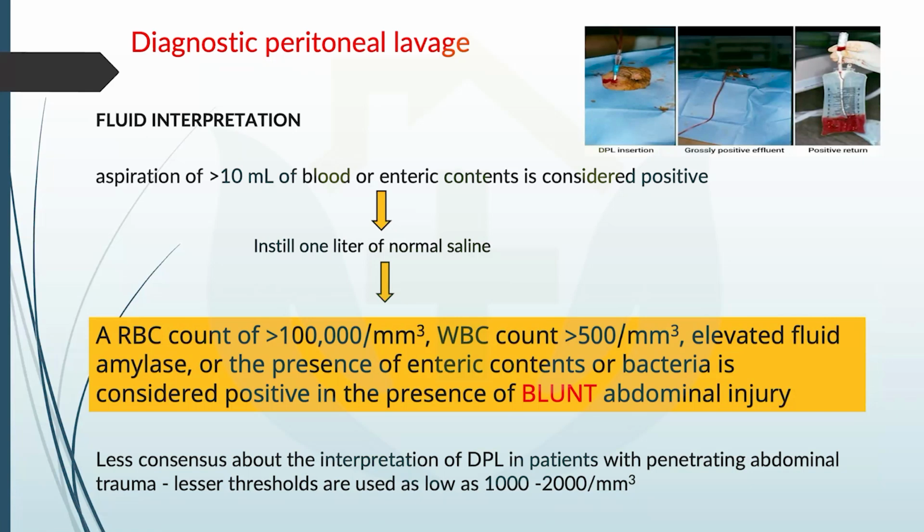But if the blood is not coming, then you go for lavage. You instill 1 liter of normal saline or ringer lactate, and then you take the samples out. If you see that on the sample taken out, the RBC number is significantly high, like more than 1 lakh per cubic millimeter, or the WBC number is more than 500, or you see that bowel contents like food material, stool particles are coming out, or there is a significant amount of bilious contents coming out, that means there is a positive DPL. Means DPL is positive, the patient most likely has an intra-abdominal pathology, and you have to call a surgeon to get a laparotomy done. That is a diagnostic peritoneal lavage.